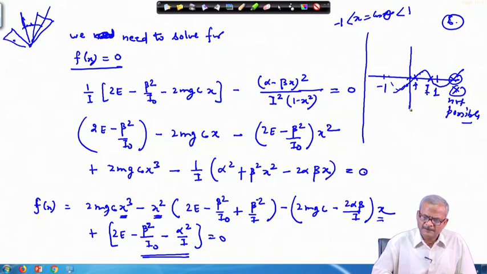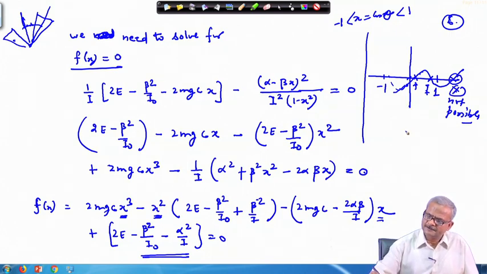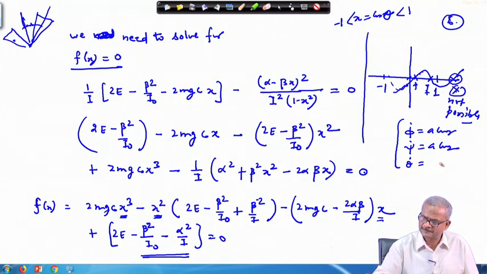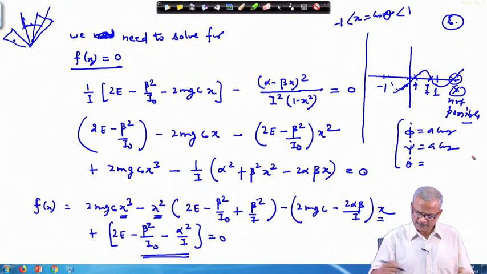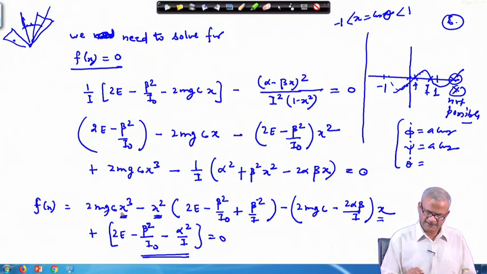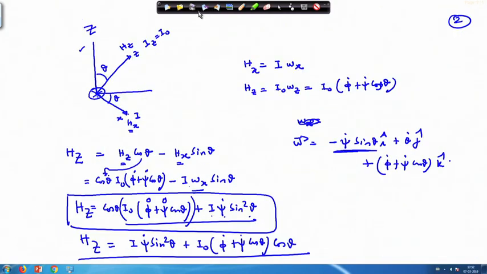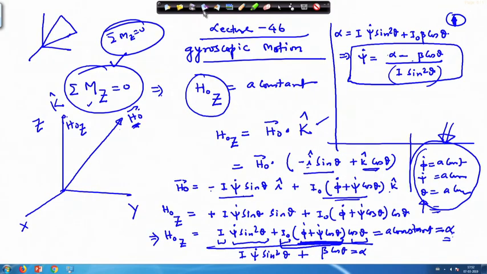Now, overall what we have done, we have started with the case where phi dot equal to a constant and psi dot was a constant, okay, and theta dot was 0, but later on, because we are referring to this case where theta is also a variable, for this case we relaxed it. So, again we go back just once. We have completed this part, we go back and just review the whole thing. And thereafter we wind up this particular topic.